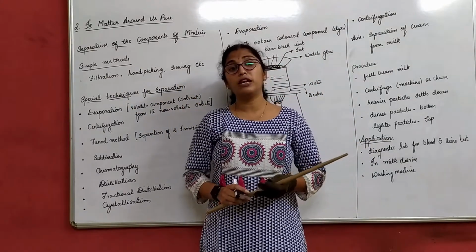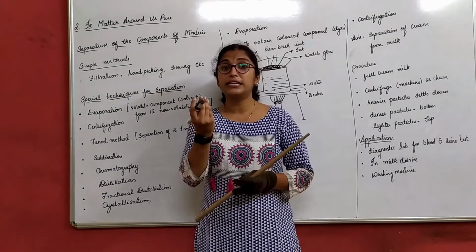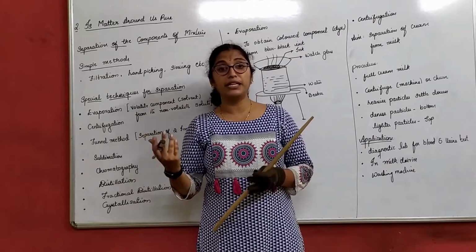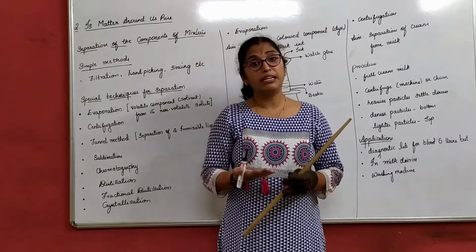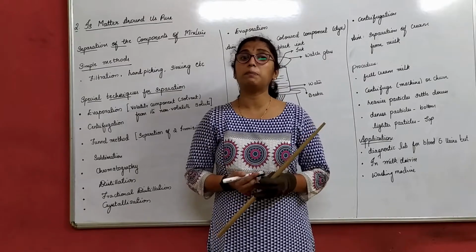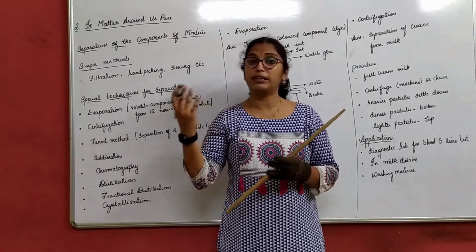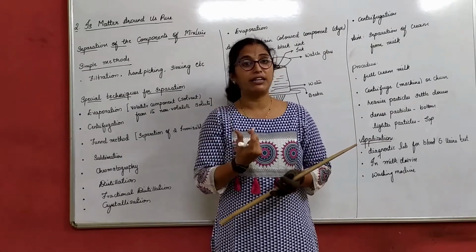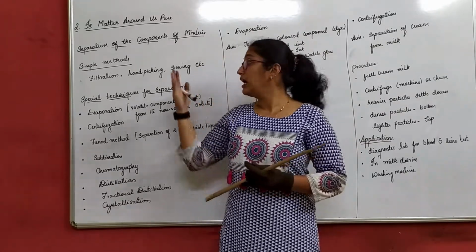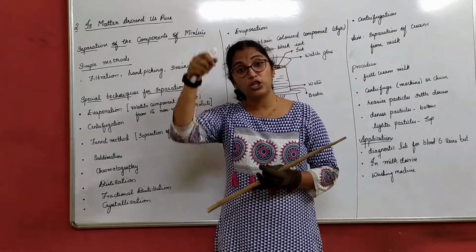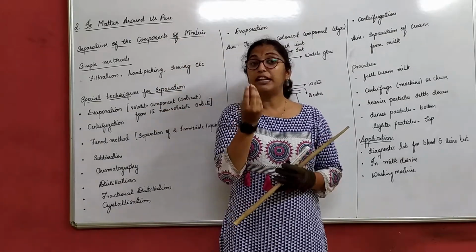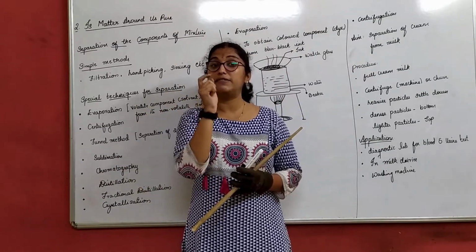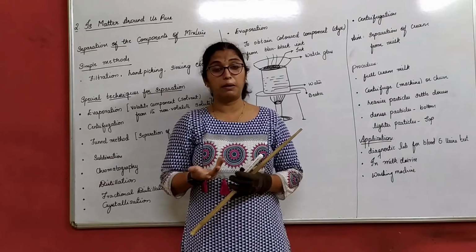Now when we talk about filtration, suppose I have to separate chalk powder and water if I have mixed it, or sand and water, simple, I can take a filter paper. Now what is a filter paper? Filter paper you get in the lab or in the market. It is either round or square in shape. Make it like a funnel and place it in a beaker, and when we add the sand and water mixture into it, the filter paper will allow water to move through it, but it will not allow sand particles to go through the filter paper.